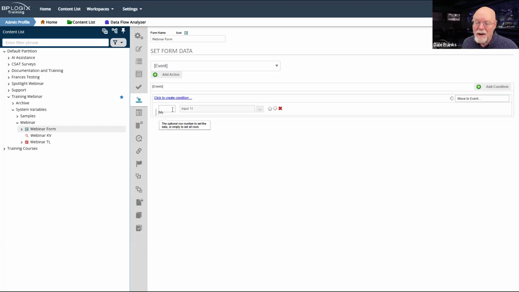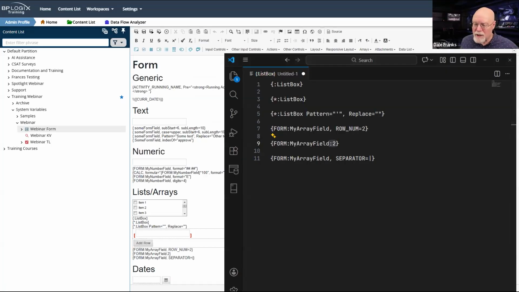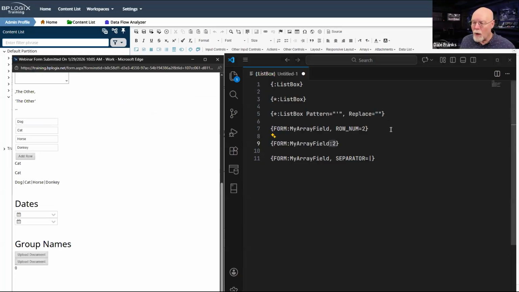The important thing here is that if I pick that array field, which I just did for my array row, a separate text box is going to show up to enable me to specify what row of the array I want to change. So both in the UI and in system variable, if you want to change just a specific value in an array, you are going to have to pass it that row number in one of these 2 ways.